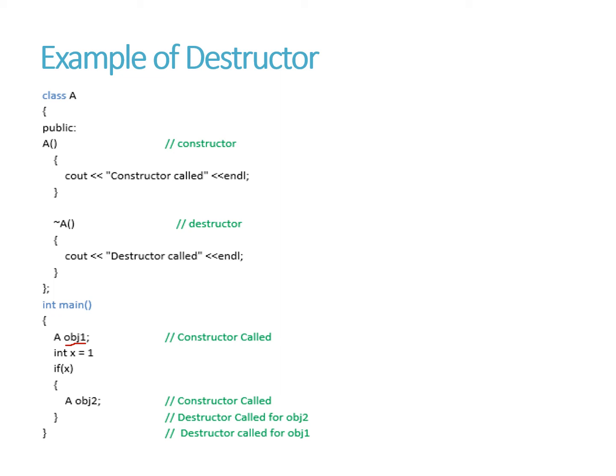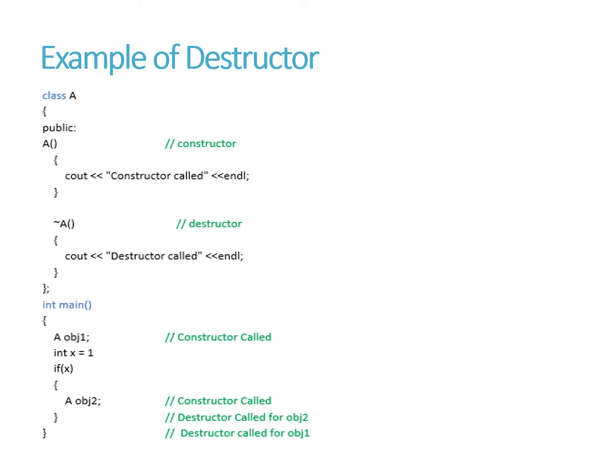Then x variable has been taken whose value is 1, which has been used for if condition to make the condition true. And inside if, you can see that another object obj2 has been created of the class A. Now when the object is created, the constructor of that class is called. The object reference is destroyed when its scope ends, which we have already discussed. So which is generally after the closing curly brackets for the code block in which it has been created.